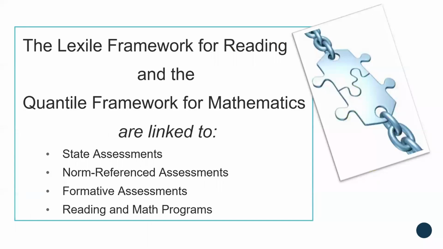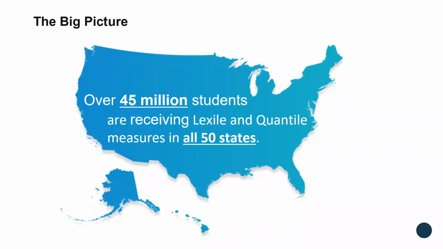We have linked both of our metrics to state assessments as well as norm referenced formative assessments, even reading and math programs, and we'll get into that in just a few minutes. But currently, over 45 million students are receiving Lexile and quantile measures in all 50 states. So this becomes a measure that as those students come in from other areas and are in your districts or your classrooms, start looking for a Lexile and or quantile measure to know where to pick up their instruction and